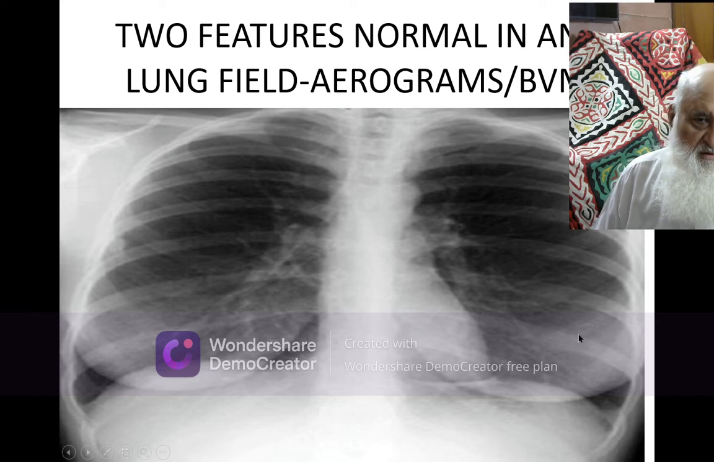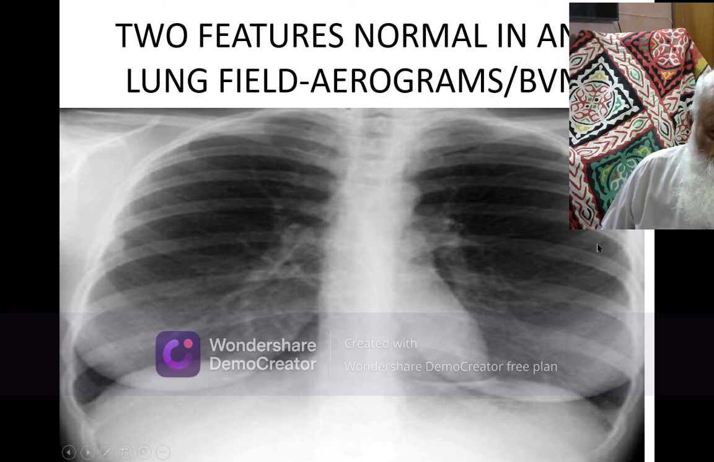These are normal things, a normal one. Abnormal will be abnormal. This is a normal one, where the aerograms and the bronchovascular markings are the normal components. The bronchovascular marking ends here, not crossing this. Neither are they present in the